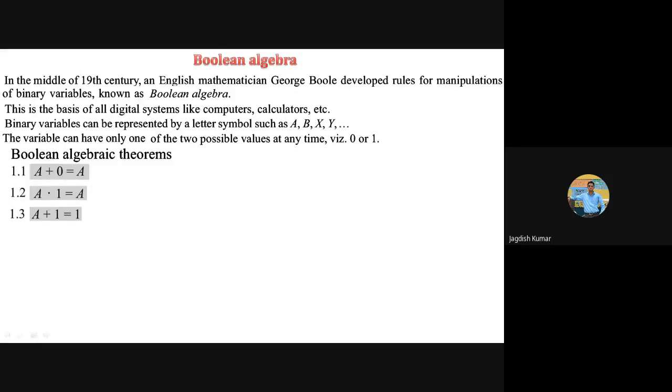Anyway, many of you wrote it correct. What will be the corresponding theorem with the AND expression? A and 0 is equal to 0 always. That's clear and straightforward. Very good. So now there is another theorem. What about A or A? This is going to be equal to A. Whenever you OR any variable with itself, the output will be the variable itself. This is also a straightforward result.